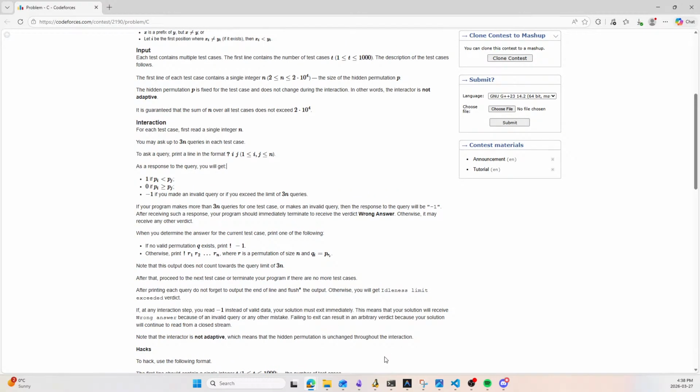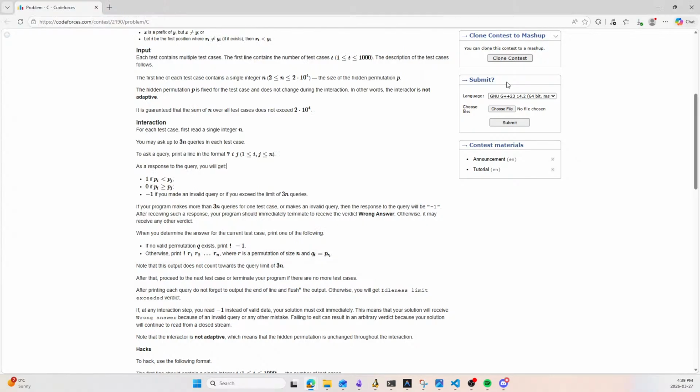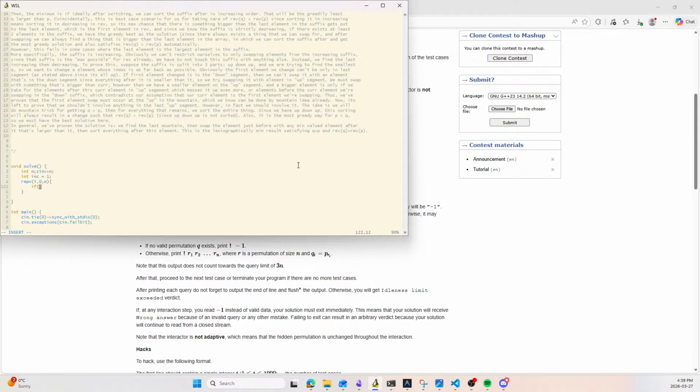Then we will say from, and then we want to find an increasing decreasing pattern. So we just want increasing. So if we first start with increasing, so let's just say int inc is 1, and then what? And then we're going to query, what are we querying? IJ, right? Okay, IJ. So we're going to query IJ and say if